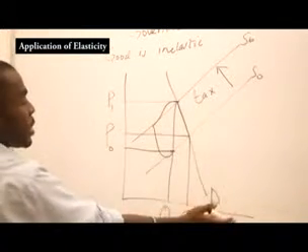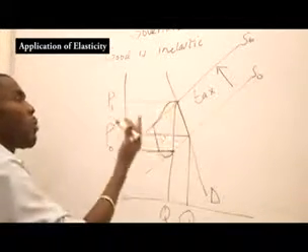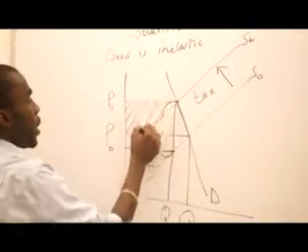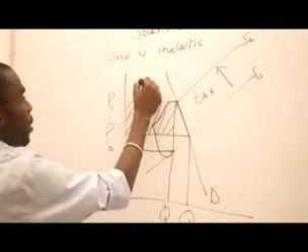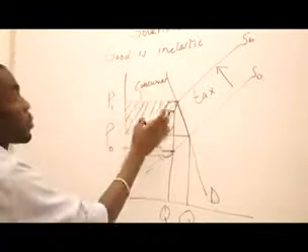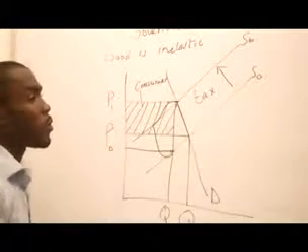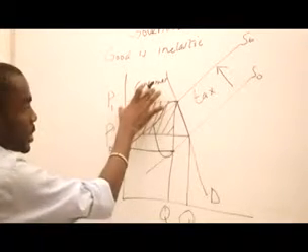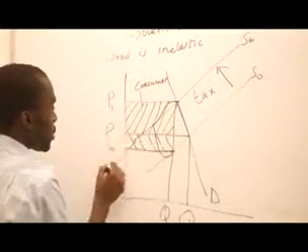Because demand is inelastic, the producer is able to put a larger chunk of the tax on the consumer, because the producer knows that consumers are not so responsive to changes in their price, so they can afford to give the consumer a higher proportion of the tax, and then the producer will take only this small